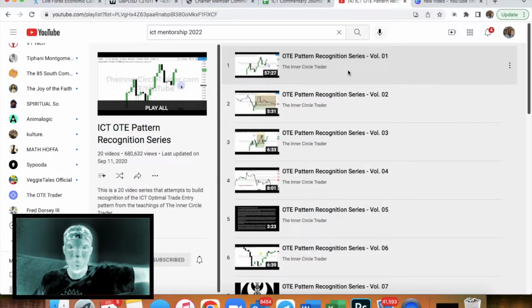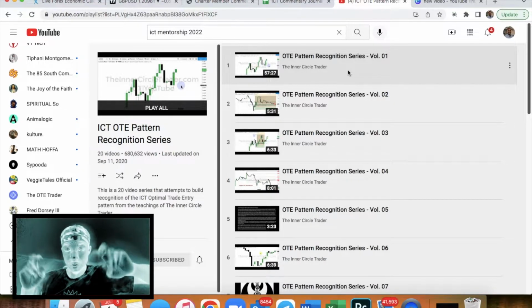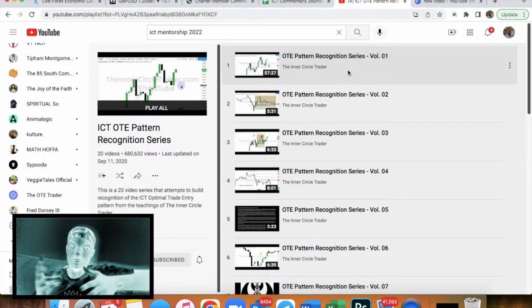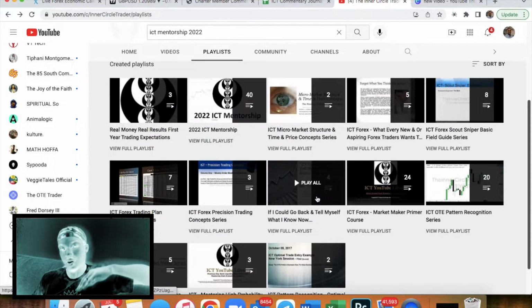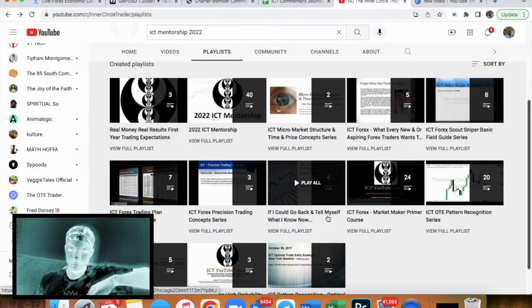Basically, there are a lot of people on YouTube that trade just this optimal trade entry pattern, which ultimately has to do with order blocks and fair value gaps. It's a pattern that those specific PD arrays, as he would call them, form in the market, right? So that's where I would start, right there. Now, if you don't get through that whole video, that's fine. At least watch the first half or so of that video,